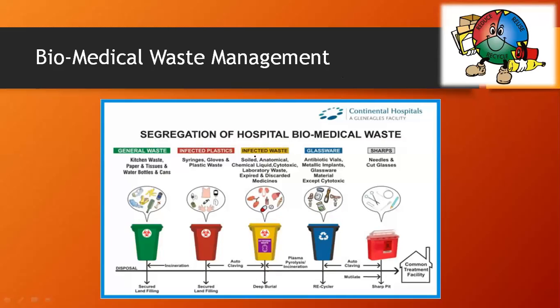So you have to remember, anytime you go next in the medical field, or in the research field as well: general waste goes in green, infected plastics in the red color disposal, and infected waste in the yellow color. Whereas for glassware, antibiotic vials, metallic implants, and glassware material,